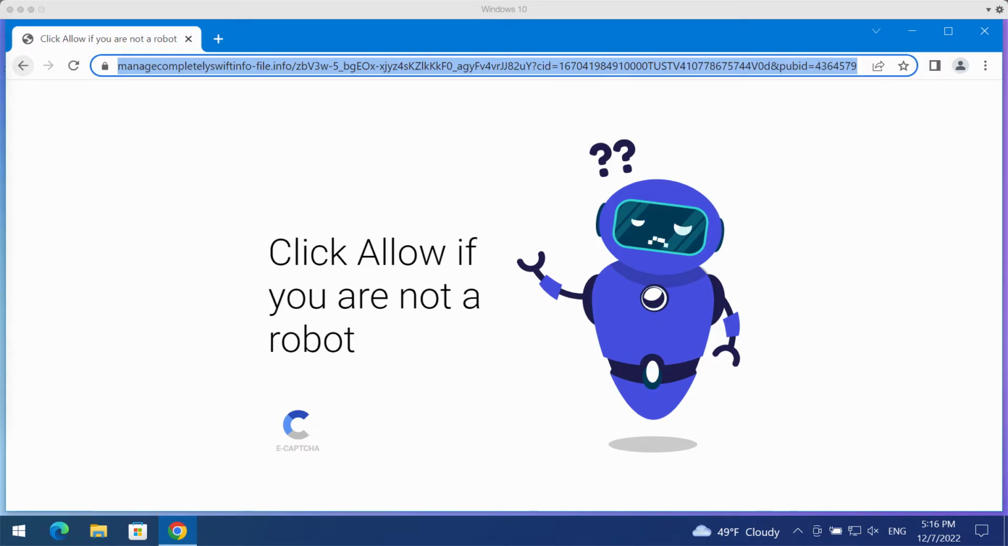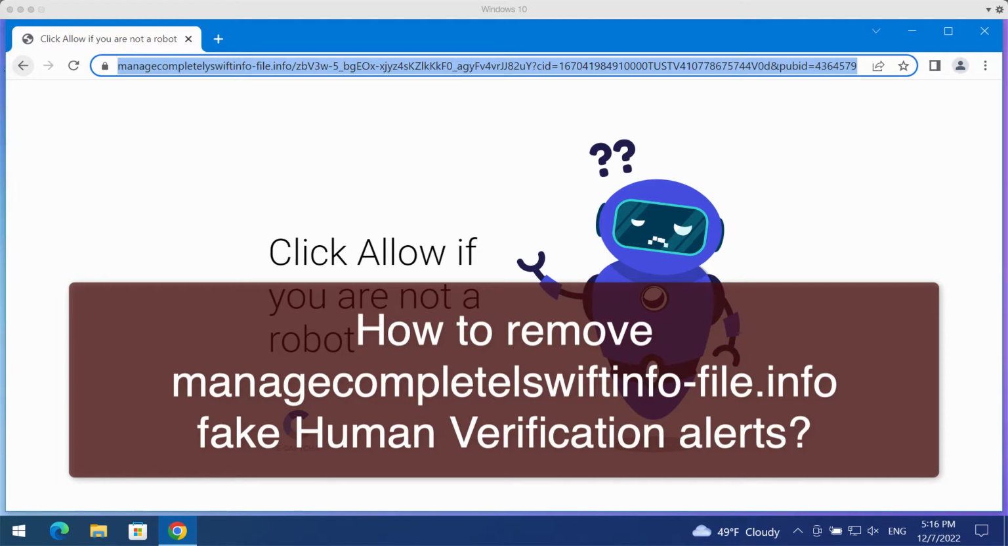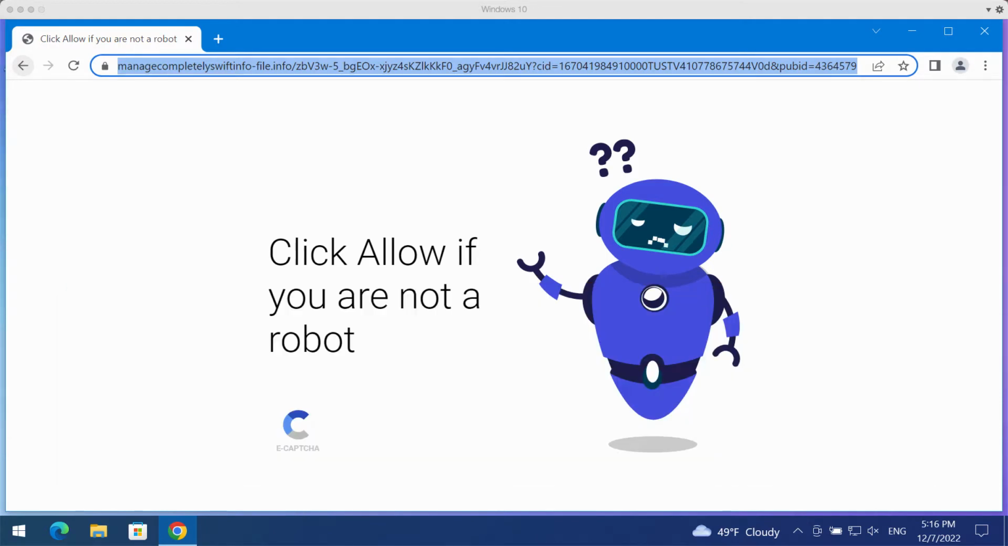My video guide is about getting rid of the pop-ups that are related to the website Managecompletelswiftinfo-file.info. This is a deceptive site that attacks Google Chrome, and it may also affect other browsers. This website tries to mislead people, and in one case, it may force people into clicking on a special allow